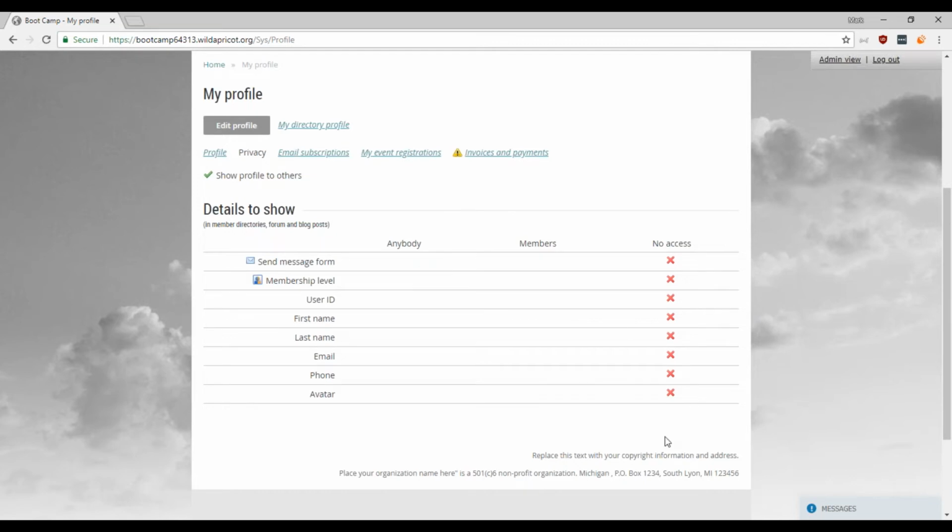So it's a really good way to give members control over what they want, and depending on how your organization is set up, a lot of people may end up using this, or they may not. They may want to stay as social as possible and list their information to everybody all the time. It really comes down to what you need, what your members need, and what you enable them to do. As you can see on Wild Apricot, you are certainly able and capable of doing a lot of specific privacy flexibility.